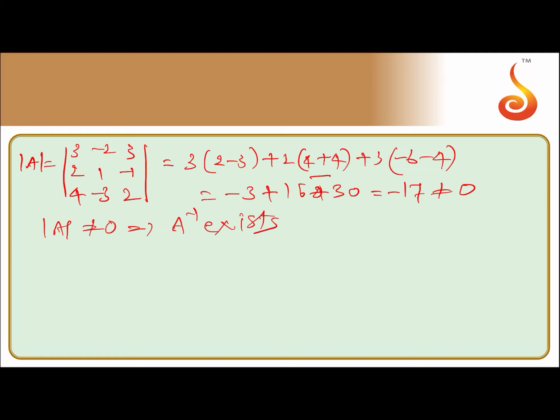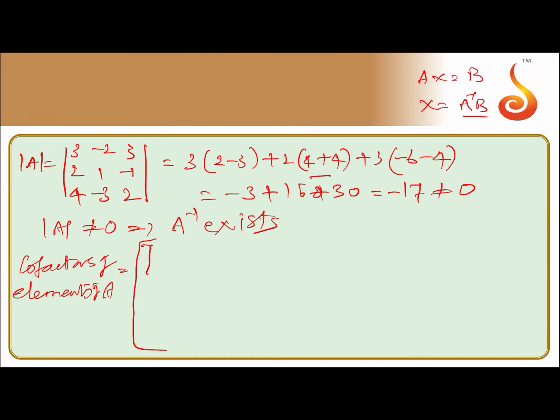If A inverse exists, then definitely the solution for the system Ax = B is found by pre-multiplying by A inverse: X = A inverse B, you get it. A inverse is adjoint A by det A. So I need to calculate the adjoint of A. To calculate it, consider the cofactors of the elements of A. Cofactors of elements of A are given by